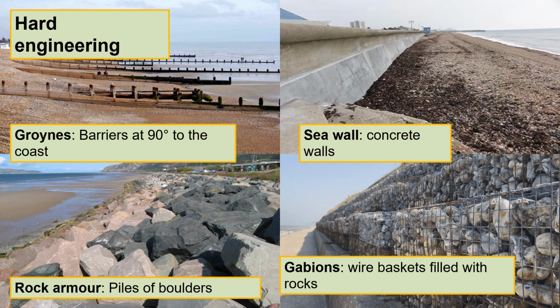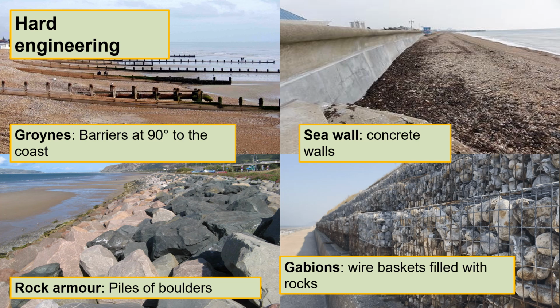The third hard engineering strategy is rock armour, or riprap. And what this is just large piles of boulders which are often imported from areas like Norway, and they are placed at the back of the beach. A positive of this is by having these large boulders, what they do is they absorb the wave energy, which means areas behind the rock armour will not erode. A disadvantage of rock armour is they're very intrusive and quite ugly, creates a lot of visual pollution, which means less tourists might go to the beach, therefore local businesses and cafes might